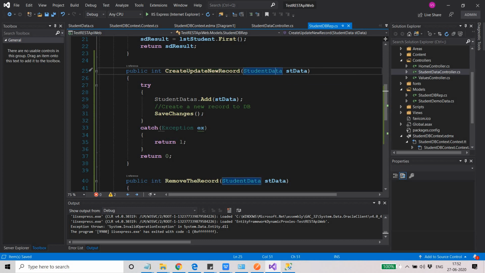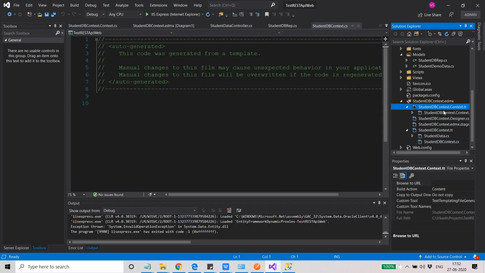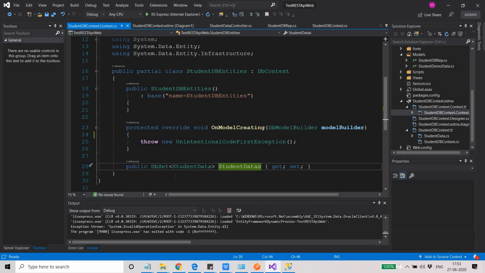You just need to take the instance of the student data class, and you just need to add it to the student data. And what is the student data? I already told you in the previous video that it's declared here. Sorry, yeah, it's here. It's a DB set. Everything can be done through this student data set, which is available to you through the Entity Framework. When we added the Entity Framework reference, this piece of code was generated when I added the student DB entity. All right, so we did that yesterday.